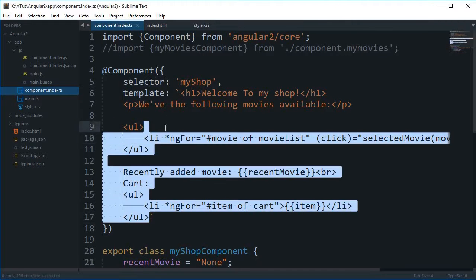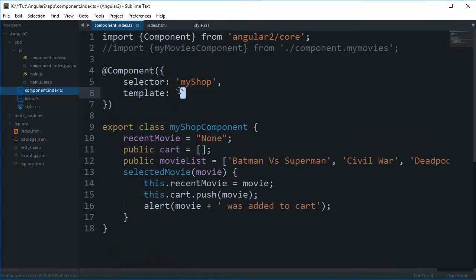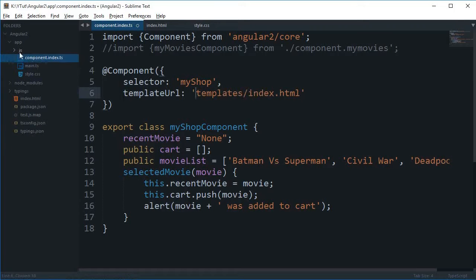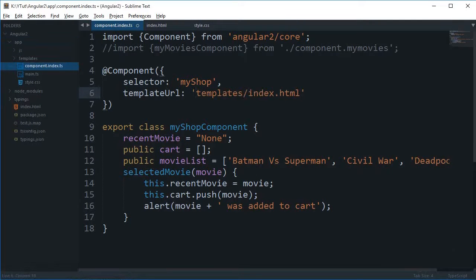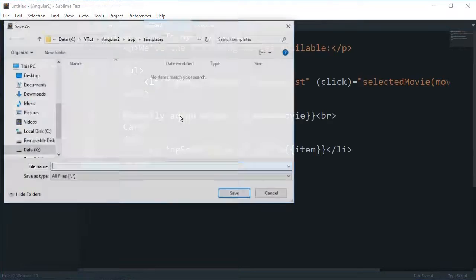Now, first of all, first things first, let's get rid of this template and add a template URL of app, and let's just create templates folder index.html. And there's a way to actually just get rid of all of this and just write like templates.html. So if I create a folder right here which says templates, and I create another file which is